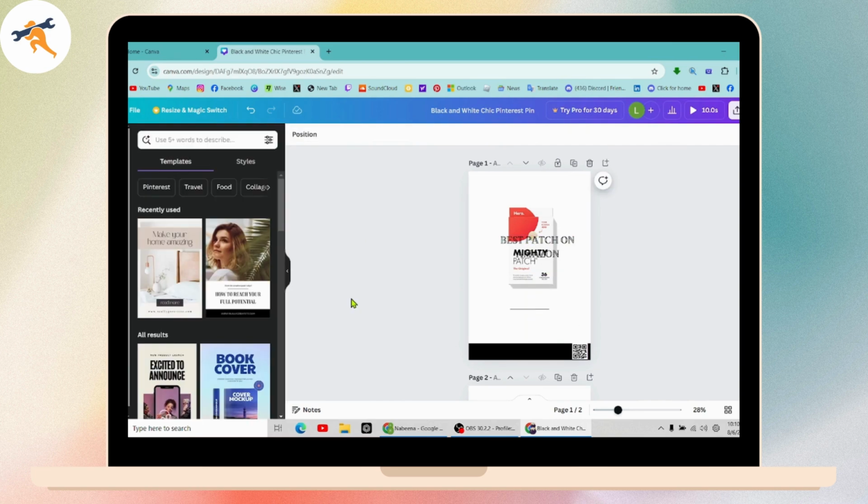So in this way, you can move elements in your Canva, and if you have any questions, feel